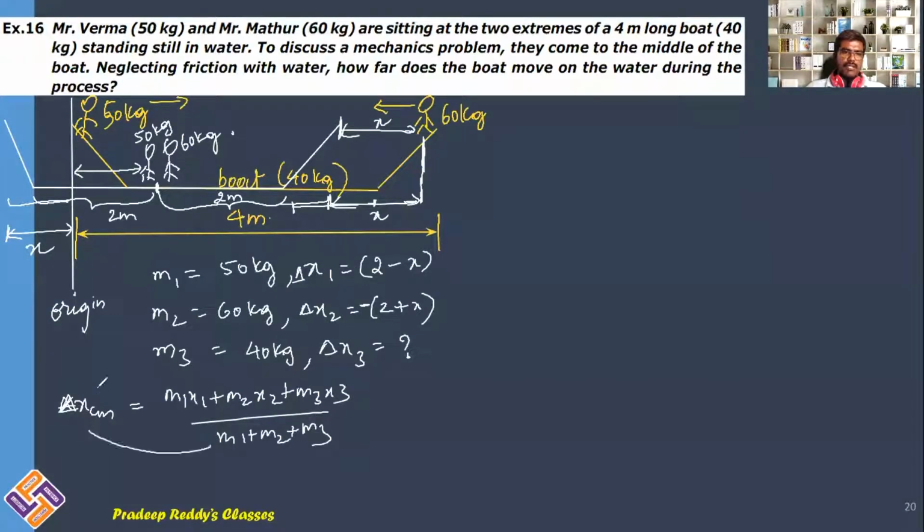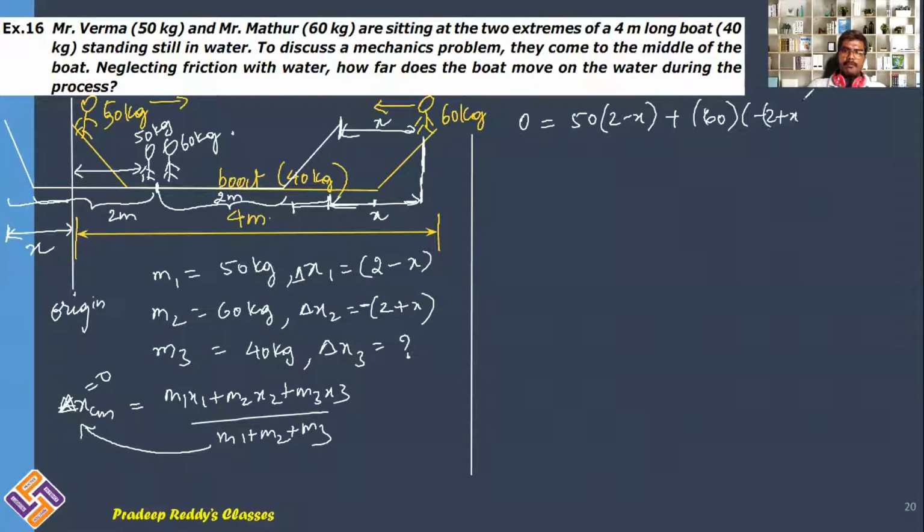Of course this is equal to 0 because the center of mass does not change with internal forces, and these people who are moving on the boat come under internal force, so therefore delta x cm will be equal to 0. Now 0 is equal to m1 is 50 kg, x1 is 2 minus x, plus m2 is 60 kg, and minus of 2 plus x, and plus m3 is 40 kg, and I should find out